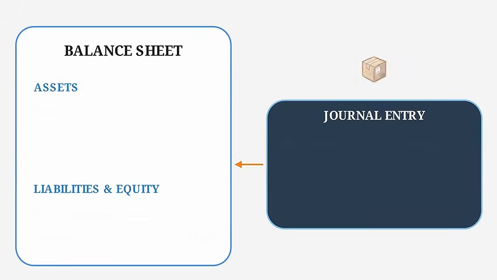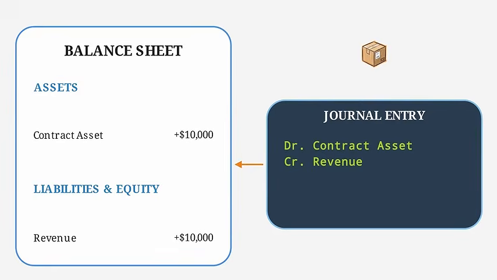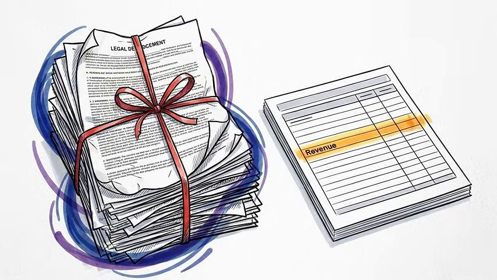If the entity performs first, it debits a contract asset, a conditional right to payment, and credits revenue. Once only the passage of time is required before payment is due, that conditional right becomes unconditional, shifting from a contract asset into a standard receivable. The IFRS 15 algorithm provides a standardized protocol to translate complex, multi-layered legal contracts into the discrete line items of a financial